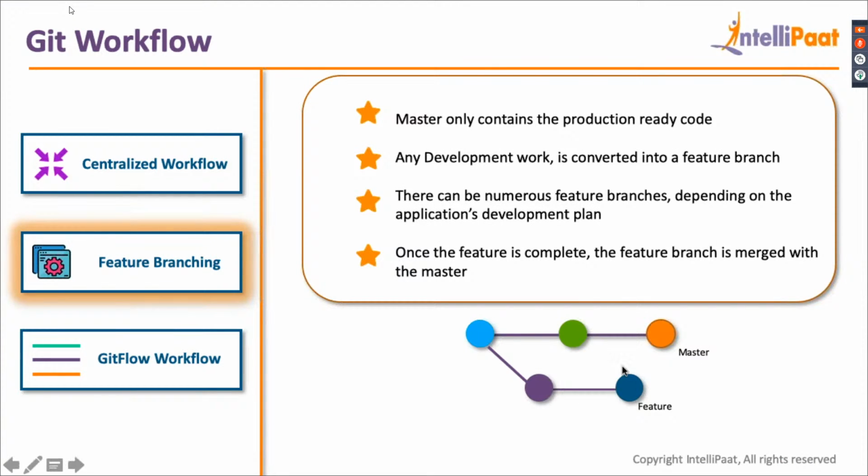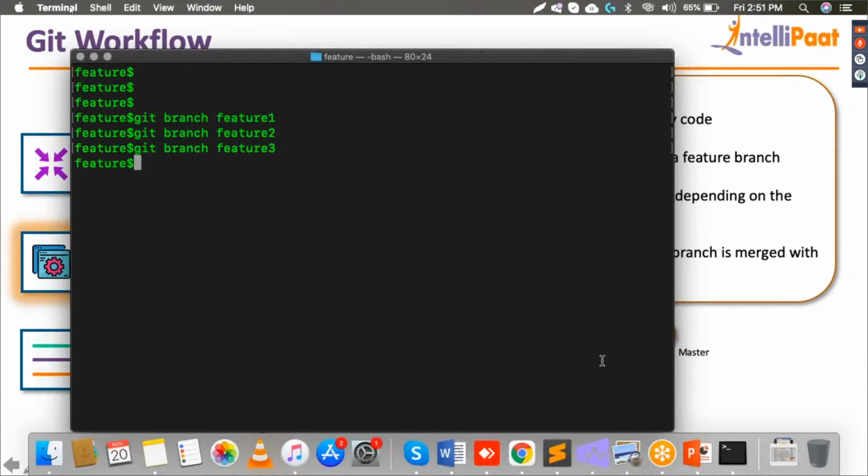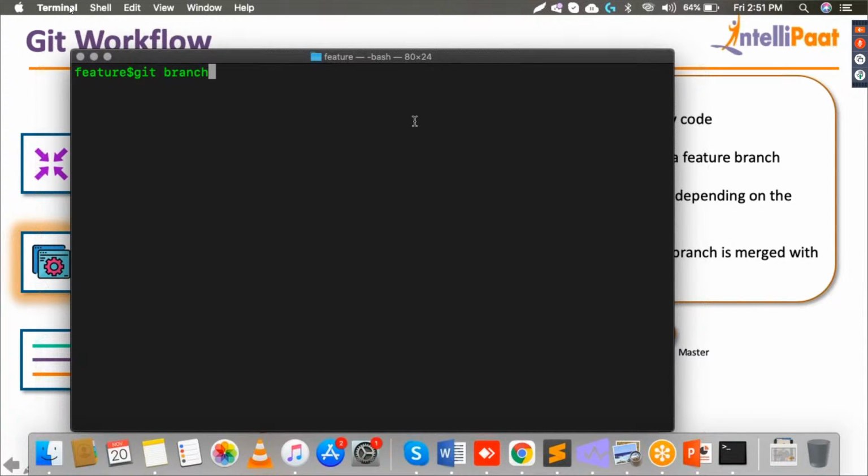Okay. So now in this particular workflow, there will also be something called a develop branch, right? So now if you look at the branches, these are the branches that we have: feature 1, feature 2, and feature 3. So now developer 1, if I assign him feature 1,